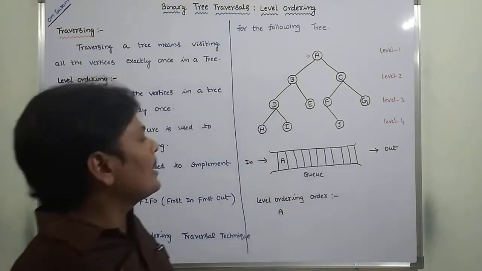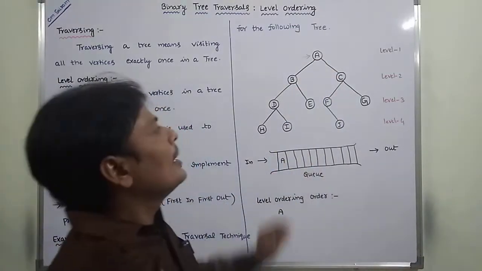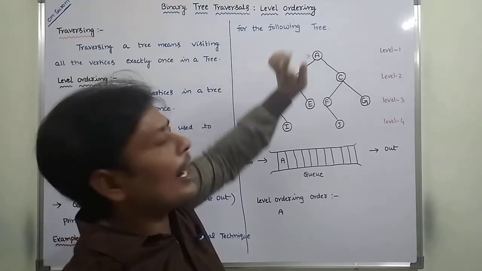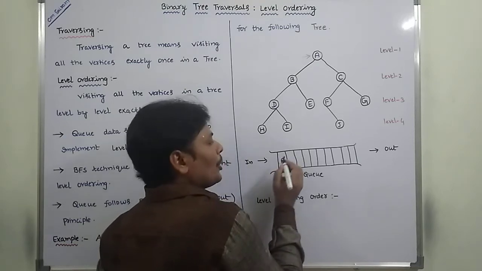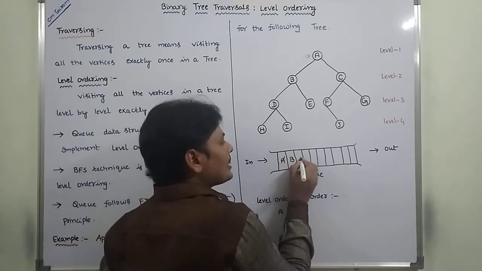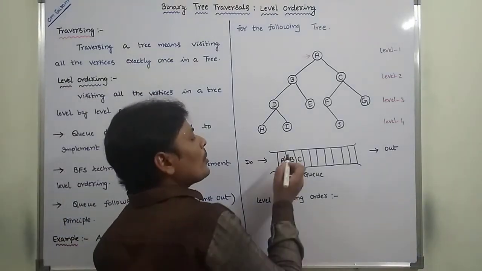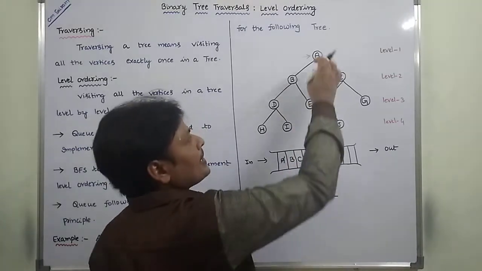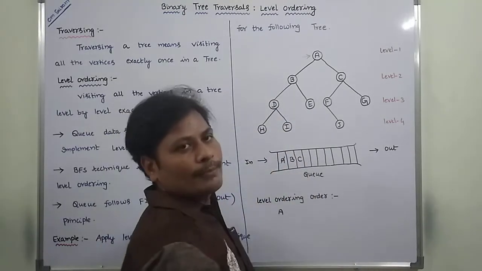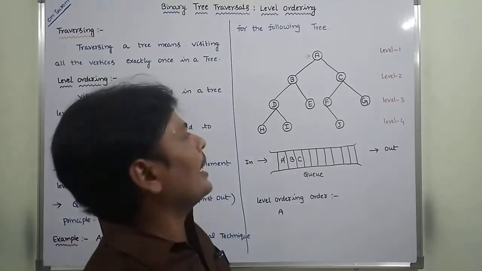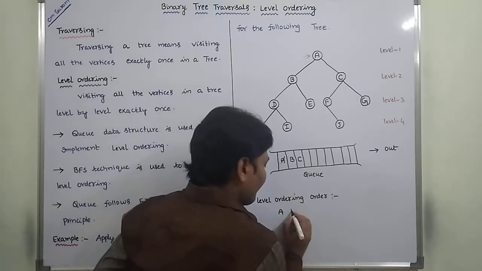Once we are visiting the node, next what are the adjacent nodes of A? So A's adjacents are B and C. Now A is removed from the queue and its adjacents B and C are inserted. Next, among the two adjacent vertices of vertex A, first we have to consider the leftmost vertex, that is vertex B. So now consider vertex B, that is visited first.